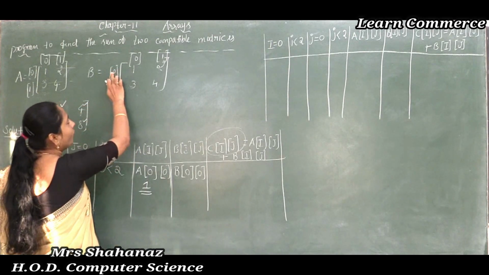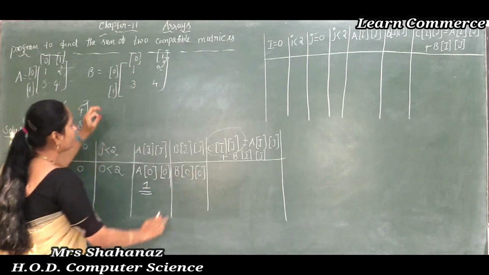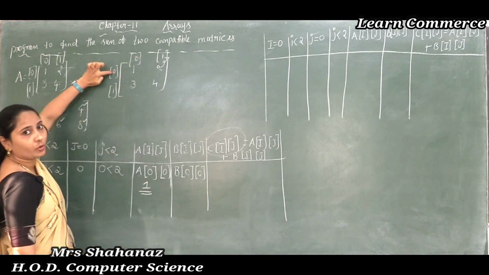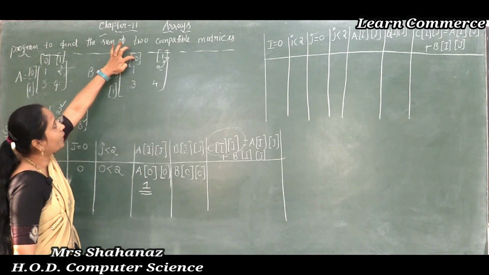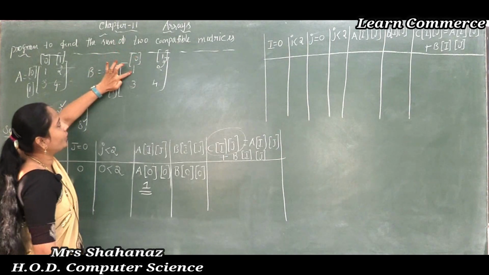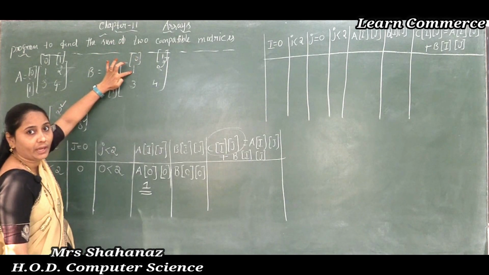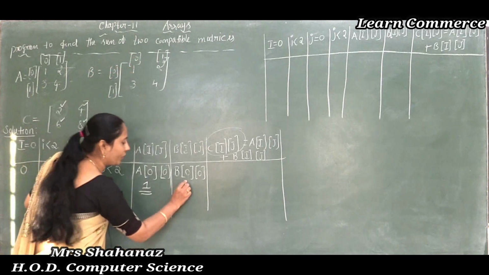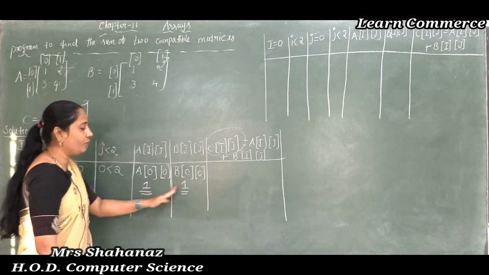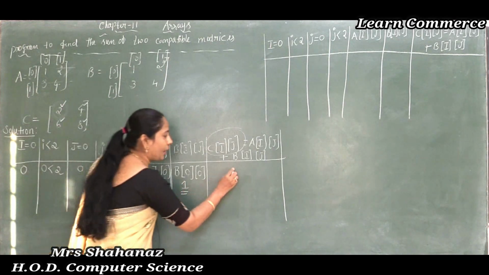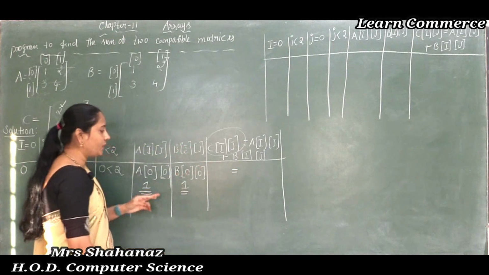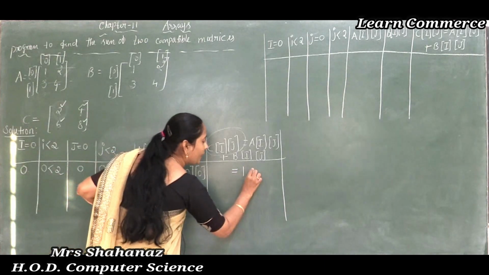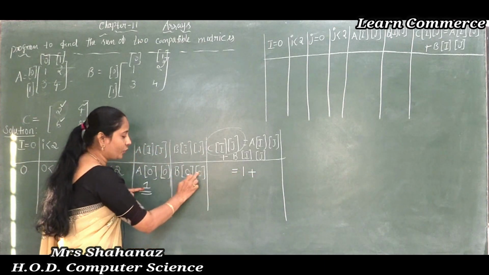So 0 0, as we know that 0 0 is first of all the row size, then we need to use the column size. First of all the row size, later we need to use the column size. So 0 0. Now is it able to get the element 1? Row size, column size 0 0, the element 1. Now as we know that both sides the value is 1 and 1. Now I am going to find out the value. As we know that A of 0 0 value is 1, the 1 plus B of ij 0 0 the value is 1.